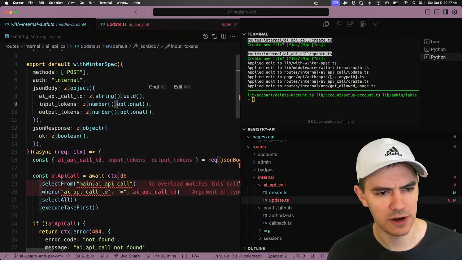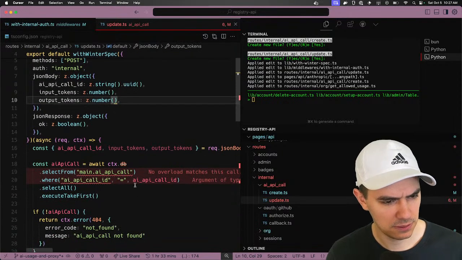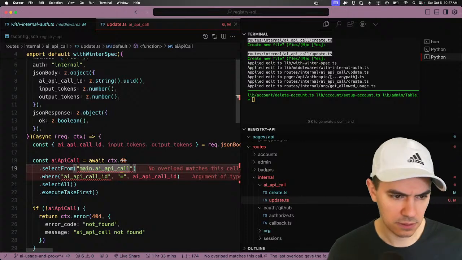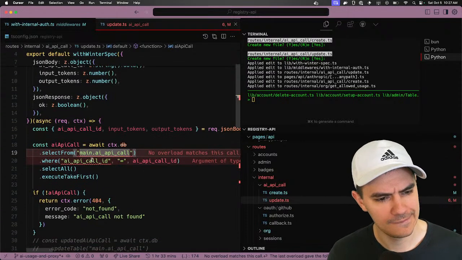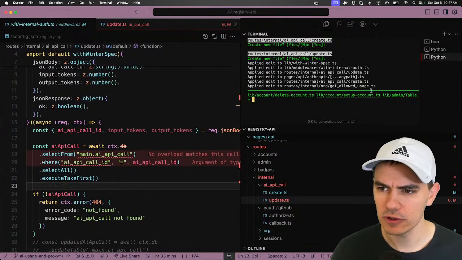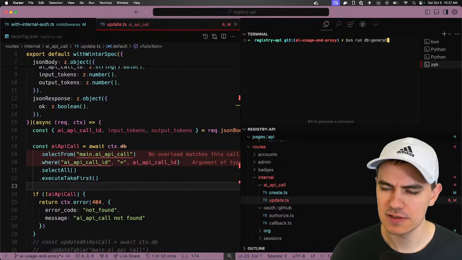Maybe I'll require both of these out of laziness. Let's see. It's saying no overload matches this call. I might need to regenerate my schema. It said our types are good.